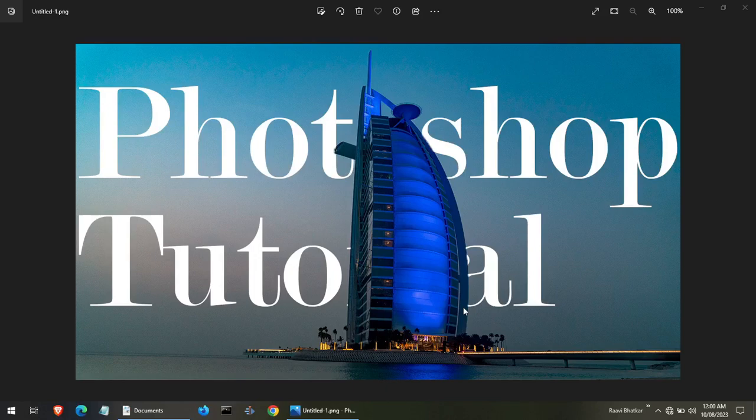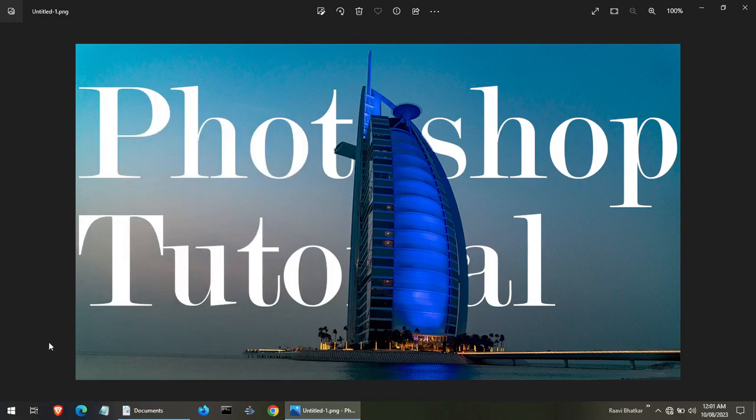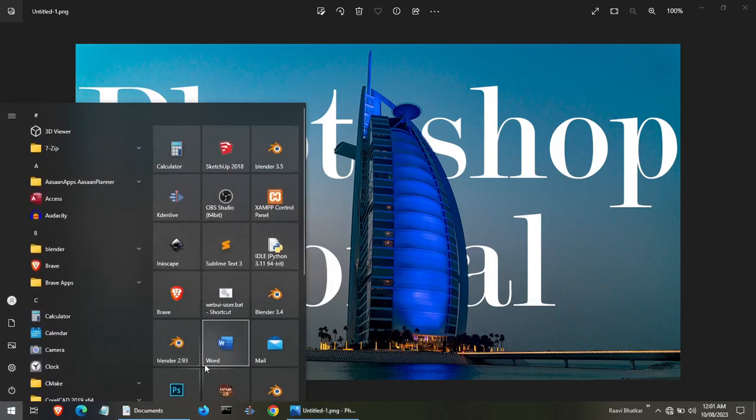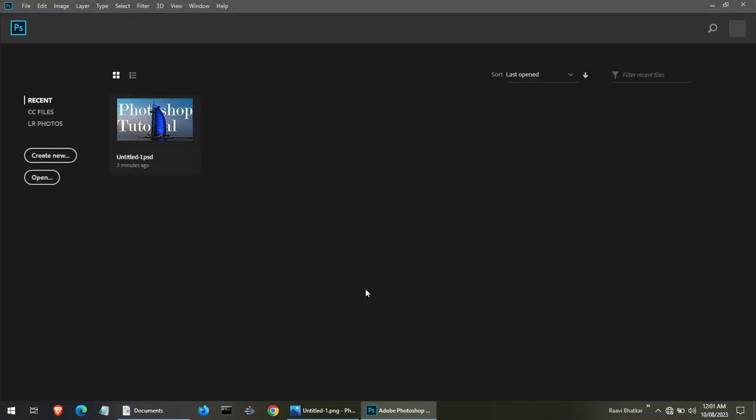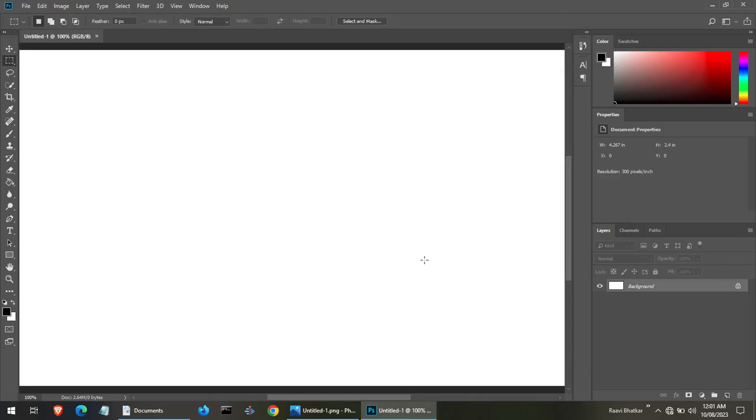In this tutorial, we will learn how to create images like this, where the text is behind the actual main image. In this tutorial, we are going to show you the basics of Photoshop. So let's begin. Let's open Photoshop. This picture over here is created using Photoshop. Photoshop has been an evergreen tool in the design industry. It has been used by professionals to create various graphics, including web graphics, and you have the plain image like